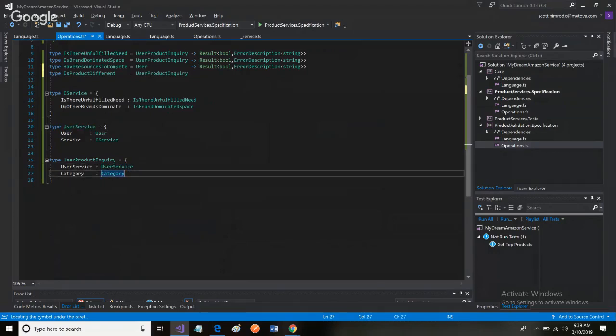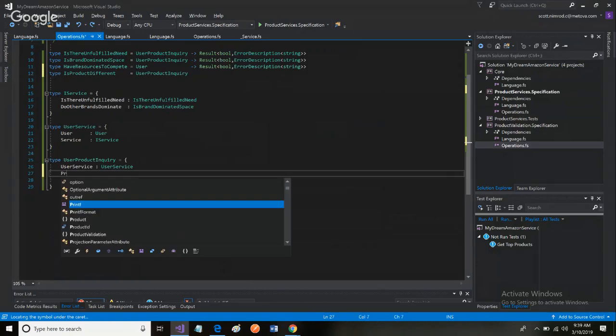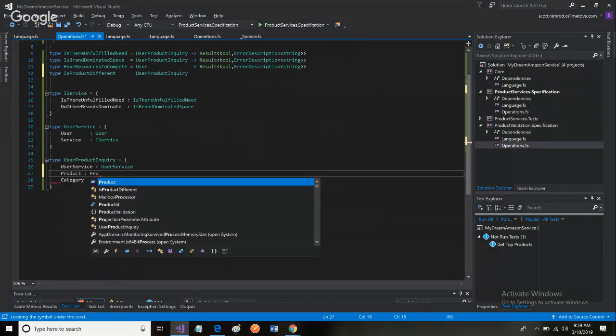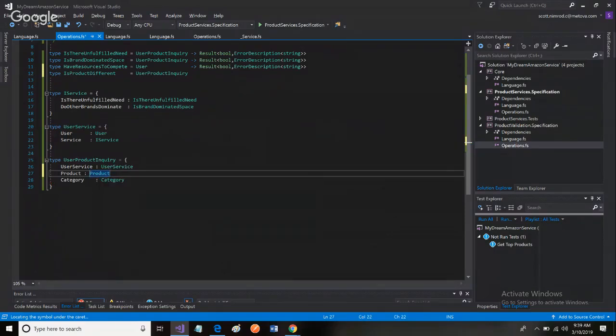And I would say that product should probably come second in order of precedence. Okay. And so is product different? Takes a user product inquiry and